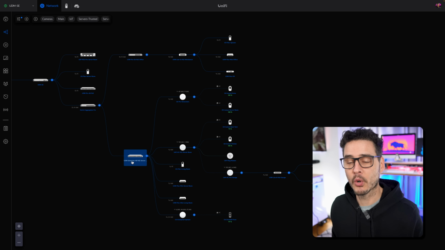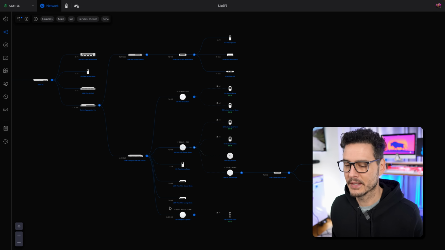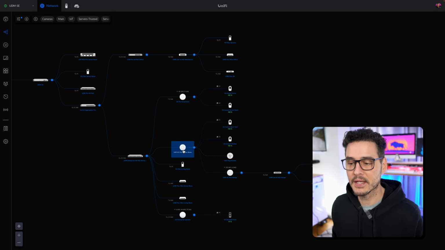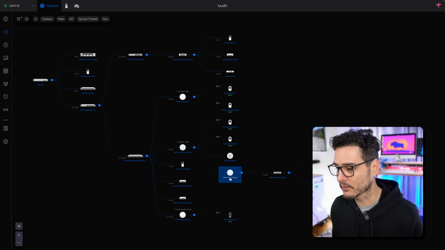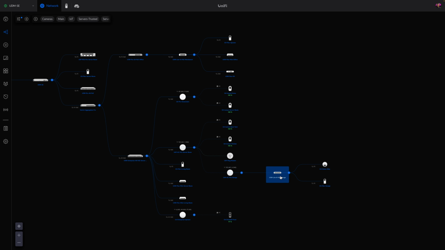And then my 48-port switch that's in my rack. I have a couple of access points connected to it. Some cameras are connected to that. Some additional cameras. Some other mini switches around the home, and one of those mini switches you can see on the wall down there in my server room, and another access point here which is connected to my doorbell. And then if you see this access point here, it's actually a wireless bridge to my garage that has another access point there, and then from there a switch connects to there, and then some cameras and some other devices in there.